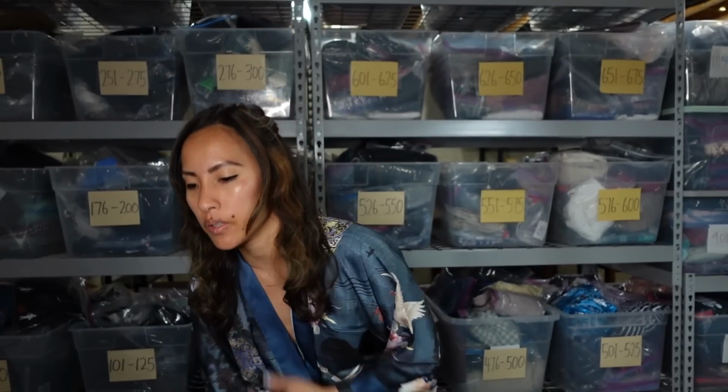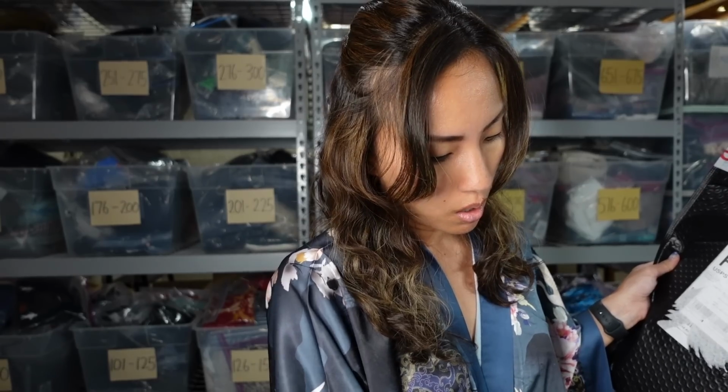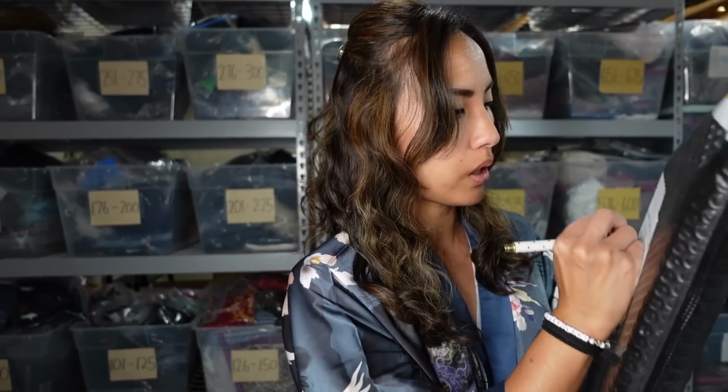Okay, so I'm going to go ahead and weigh this. And this weighs 13.8 ounces, so we're going to go ahead and say 14. I'm going to write 14 on my little paper. I'm going to write the name Chris on here, and I'm going to put this off to the side because